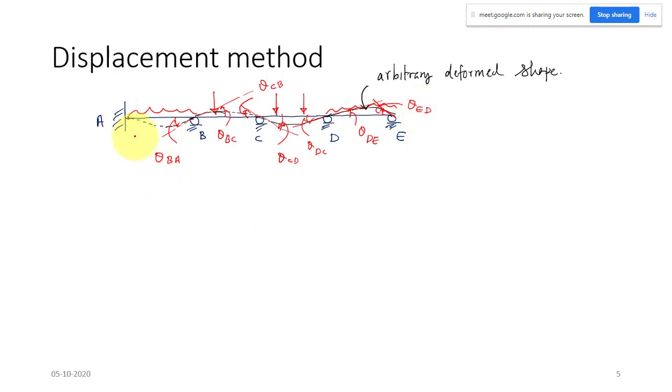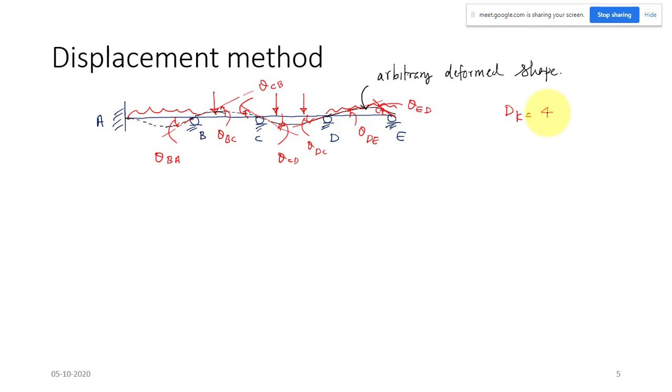At the supports there is no movement possible, and there is no axial deformation in the beam. I have taken that condition. Generally we take that condition for a beam because there is no axial force. Axial deformation we can always neglect. So how many degrees of freedom will be there in this structure? 4. Yes, one rotation here, 2, 3 and 4. The degree of freedom or kinematic indeterminacy will be 4.